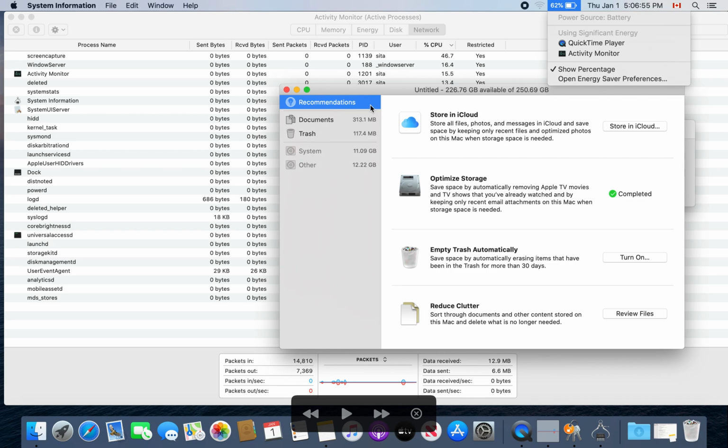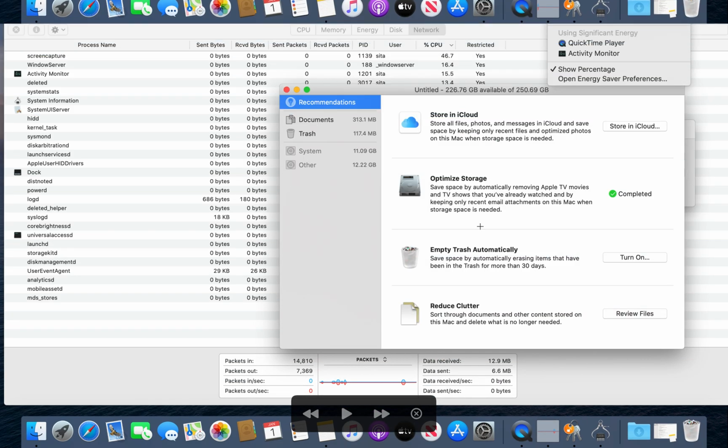And then I go here, iCloud. When I click on store in iCloud, everything is ticked off. It cannot be undone. I've checked it a million times, documented a lot of times, cannot be undone. Logd and user event agent. 29 KB to user event agent and 26 in from user event agent. Okay,